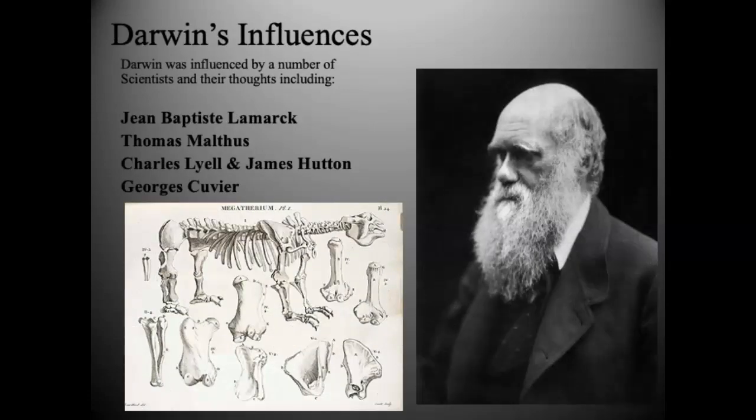Before we get to Darwin's discovery, it's important to note that Darwin took some ideas from some scientists and from some economists who were around at his time, and he kind of used their influence to help discover the mechanism of evolution. So one of them is going to be Jean-Baptiste Lamarck. The other one, for you social studies heads out there, is Thomas Malthus. You may have heard of him in social studies class. Charles Lyell and James Hutton, you may have heard of them from environmental science last year. And Georges Cuvier, who was another biologist and an environmental scientist.